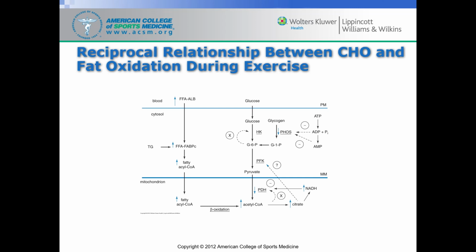There is a reciprocal relationship between carbohydrate and fat oxidation during exercise, in that when one increases, the other decreases. This was originally explained by Randle. So we see that the carbohydrate and fat oxidation during exercise at submaximal powers, between 40 and 80%, can yield some different results. But increasing the availability of free fatty acids doesn't seem to have an effect on acetyl-CoA or G6P contents. But when you get to particularly high